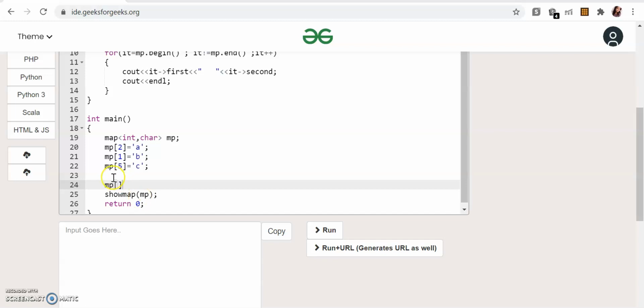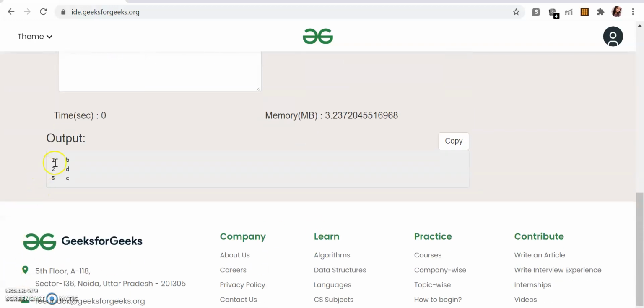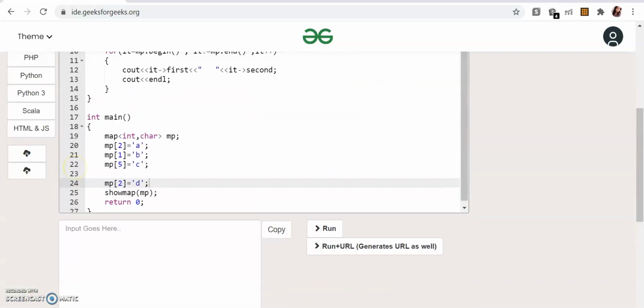Now let's try to add one more pair with the same key and a different value and see what happens. Let's do 2 and D. As I already told you, it should overwrite, but let's see this in action. See, it has overwritten our value, right? Now the 2 becomes D. In this case, our key will always be unique. This has not added a new entry but overwritten the entry with the same key. This is one important thing that you need to keep in mind.